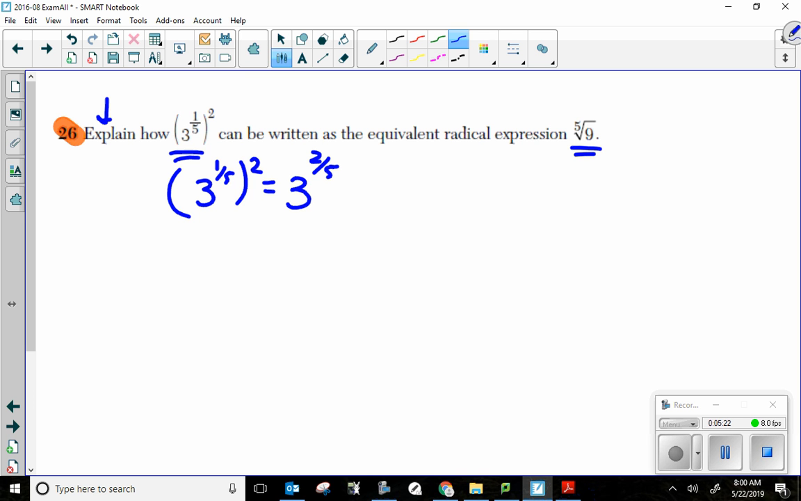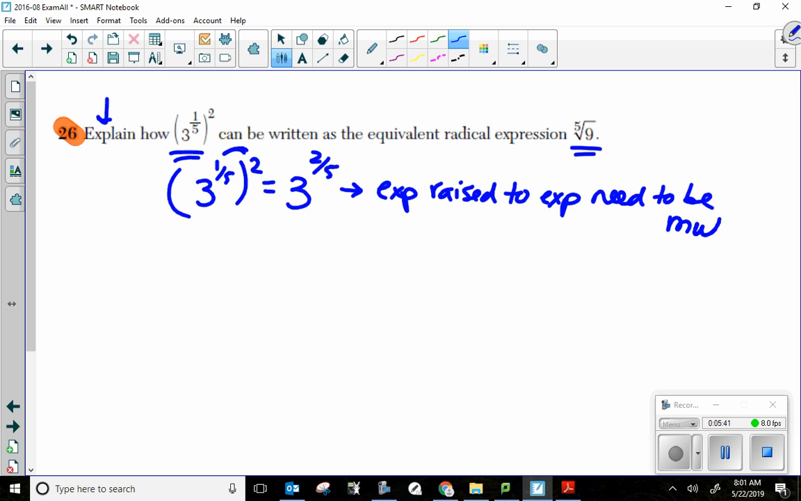Because my rules of exponents say I got to multiply these two, don't they? 1/5 times 2 is 2/5. So then I put exponents raised to exponents need to be multiplied. Okay, now on the test, you should write these words out. Like I shorthand, I abbreviated exponent and multiplied, but you should write them out. That's the first step. Now, the second step, I would say 3 to the 2/5 equals, okay, the fifth root,